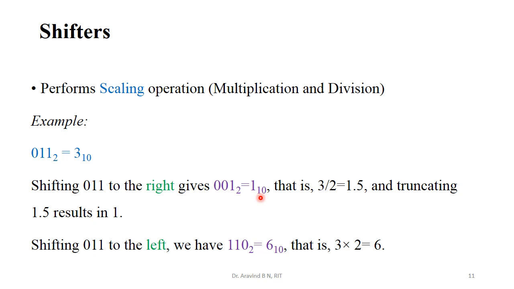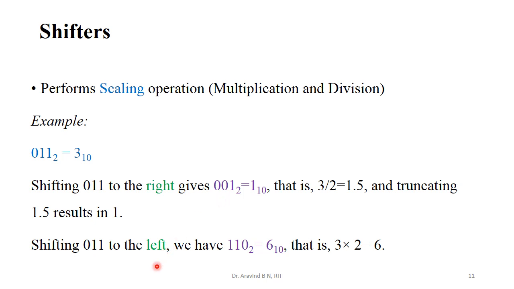Now let us identify what is happening. So a division operation is happening over here. Let us make a cross verification of that in terms of decimal operation. In decimal, it is equivalent to 3 what we had taken. Perform 3 divided by 2, we get 1.5. Since it's a fixed point operation we are performing here, we need to perform truncation. Therefore, after truncation, we are rounding off this 1.5 to the value 1. Now the value 1 in decimal is equivalent to the binary 0, 0, 1.